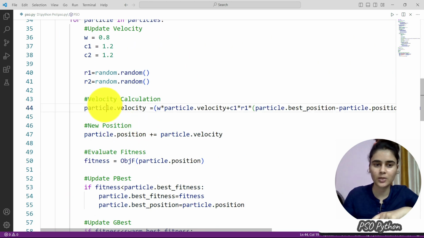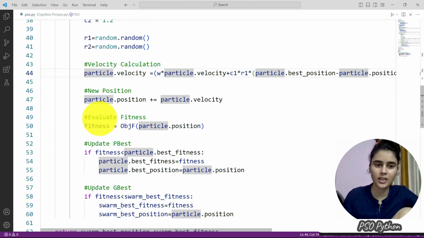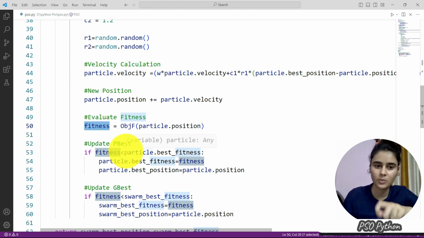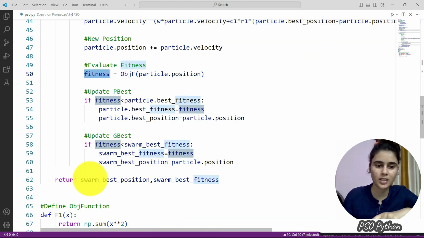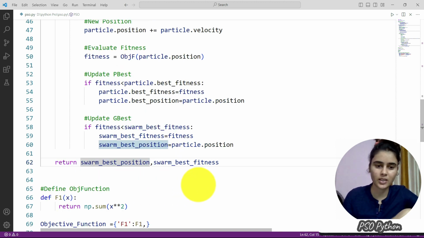Then calculated the velocity, added the new velocity in the agent's older position, and then we have the new position for the agents. Then we applied the objective function, calculated the new fitness value, compared the new fitness value with the older fitness value, and updated personal best and the global best. Then we will return here the result, that is the best position and the best fitness value among all.